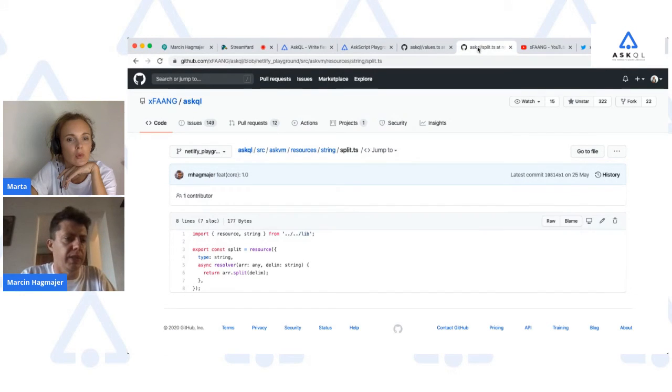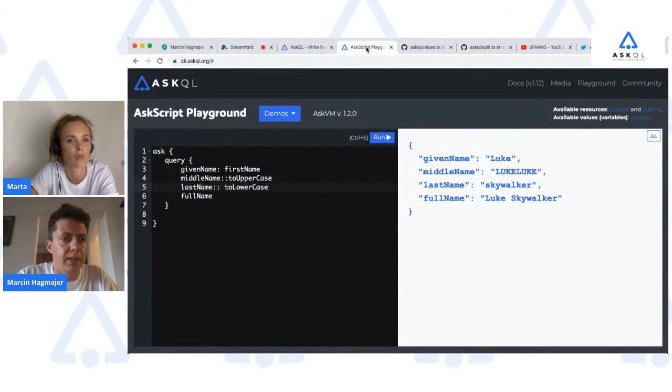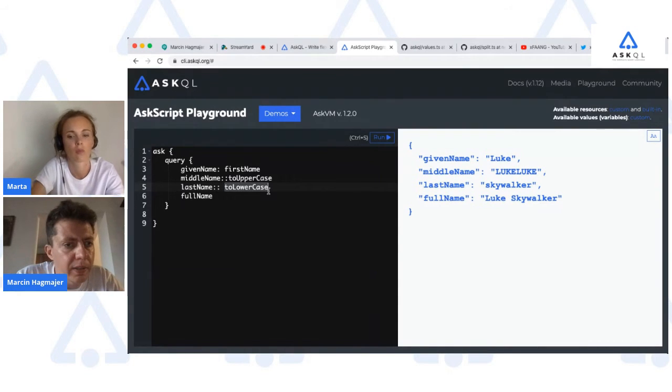Okay, so the split is something that's gonna divide a string into separate parts. So yeah, you can try that. You can say split here.